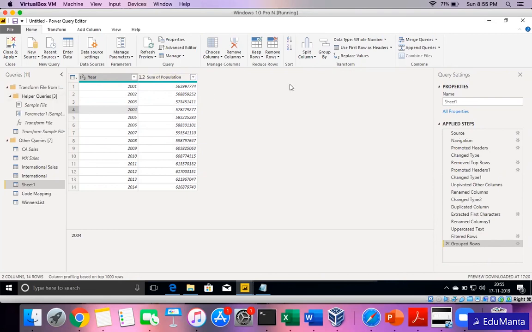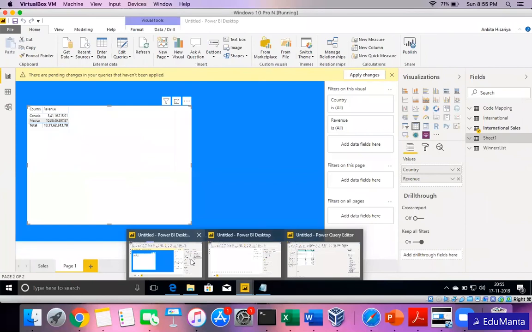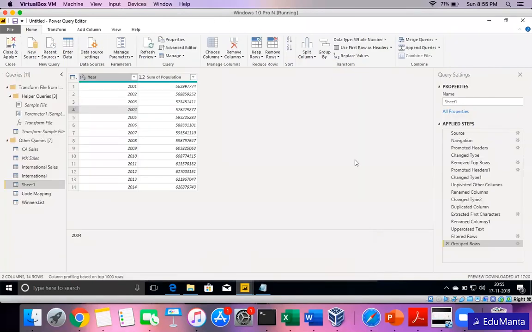So this is all for today. I tried to cover the maximum of the options that are available in the Power Query Editor, but as and when you start working, you will explore different options. Tomorrow we'll discuss the visualization and this particular pane, how to create a report, how to add visuals and how to format it further. That will be the topic for tomorrow. So I hope you all got some insights today into Power Query Editor and the different options.